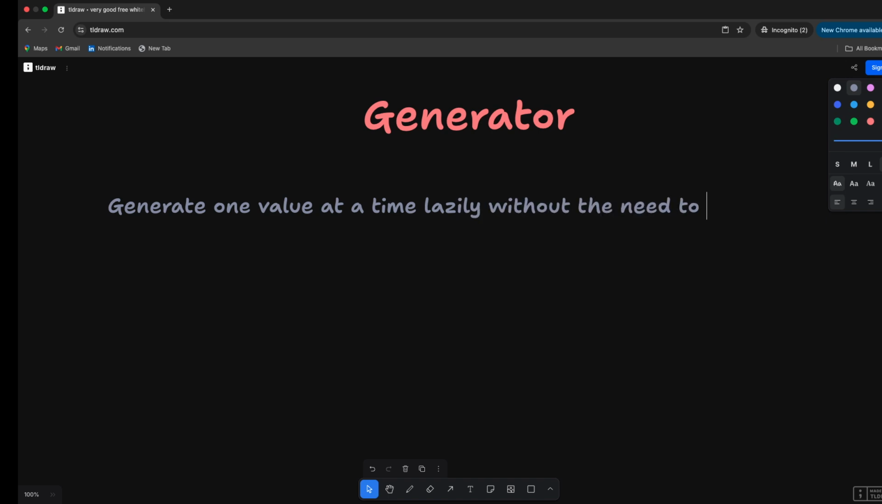without the need to store the entire sequence in the memory at once, right? So basically, we are doing some sort of memory efficiency. Generators allow lazy evaluation, which means values are generated only when we ask for them. That is when the next method is called. For example,